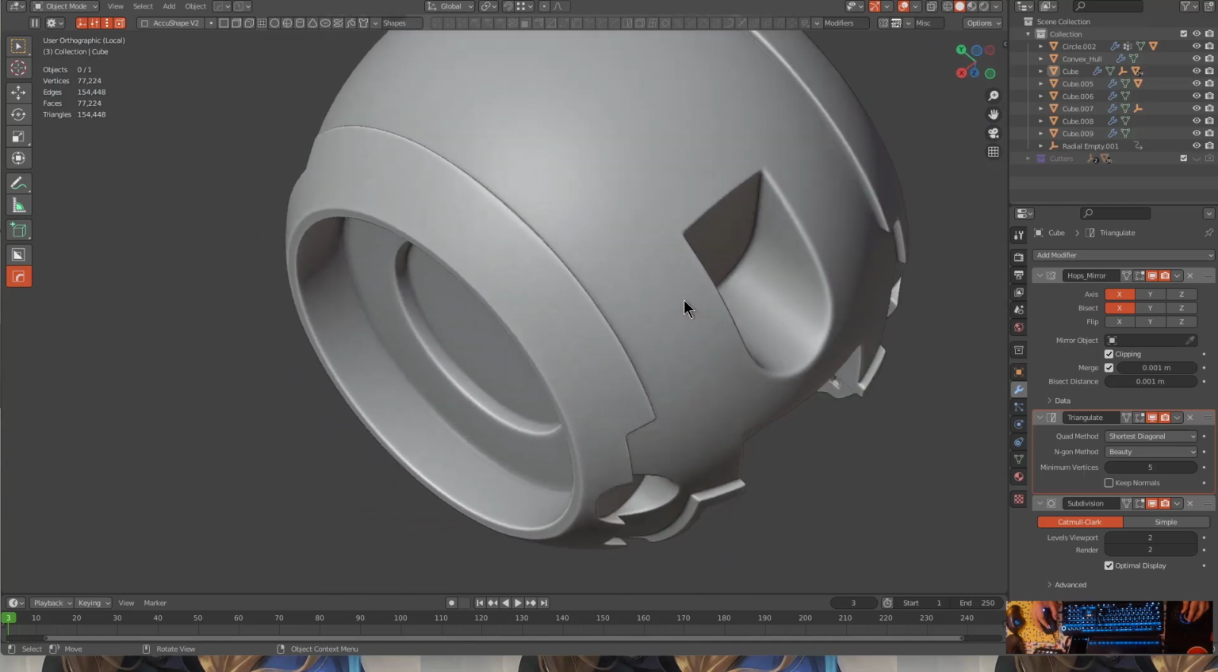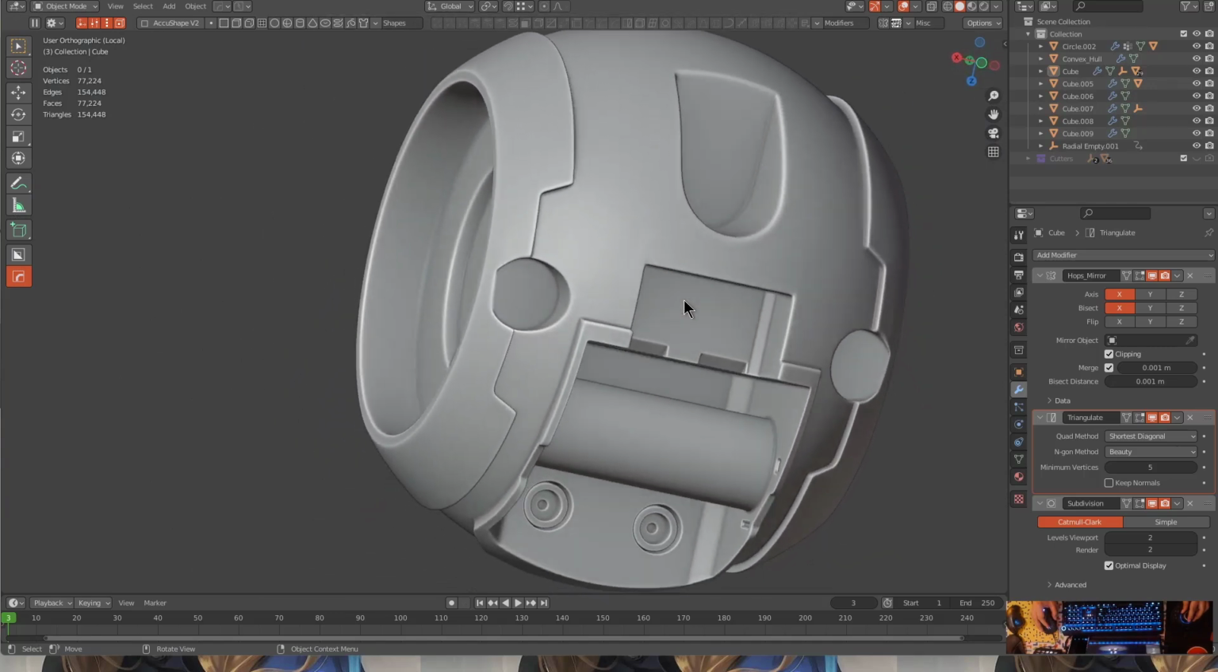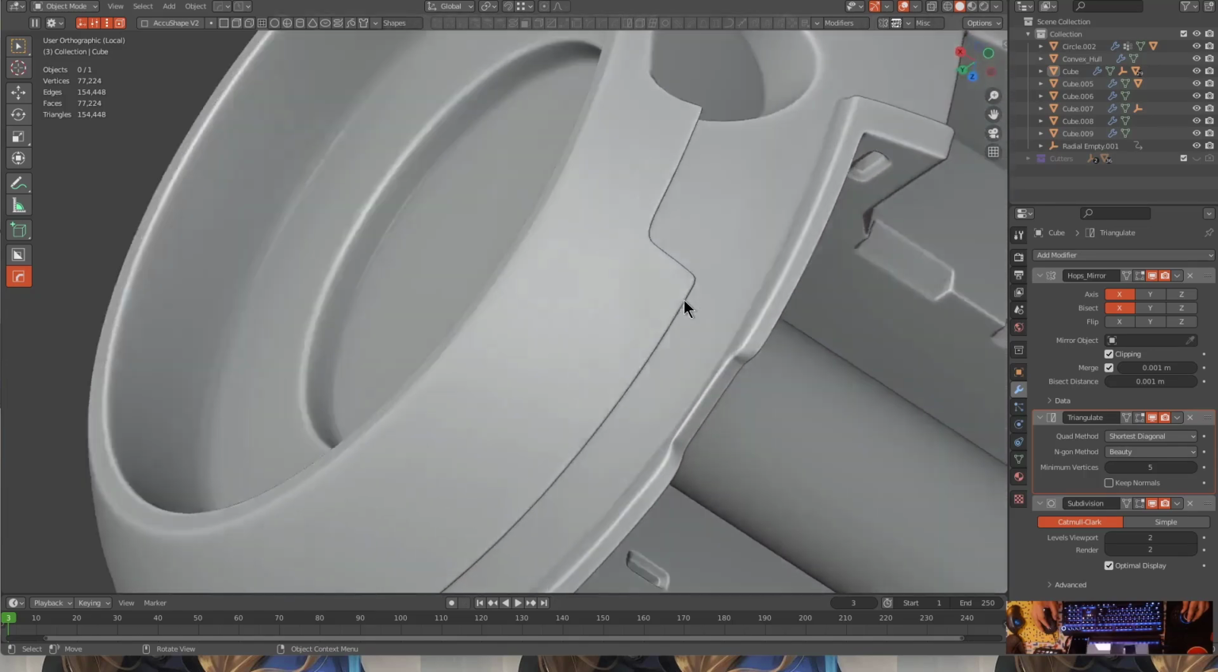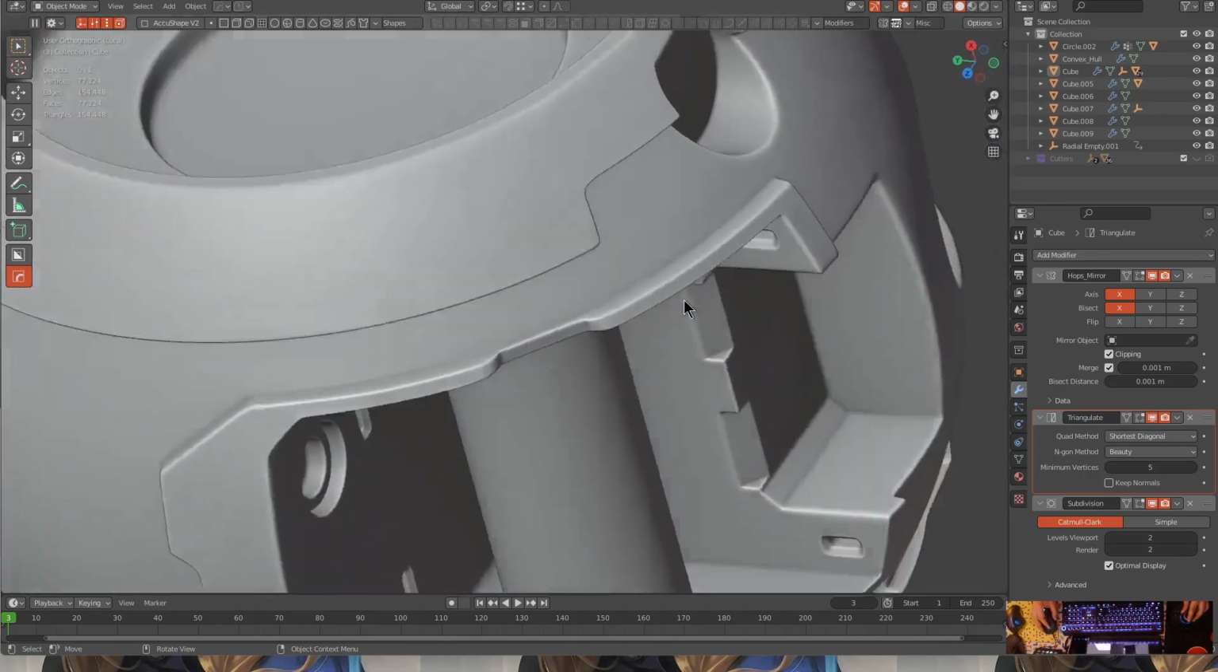It still holds tight, watertight, but you end up with something like this. So,